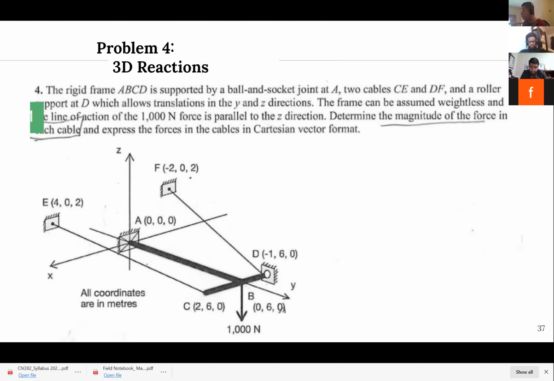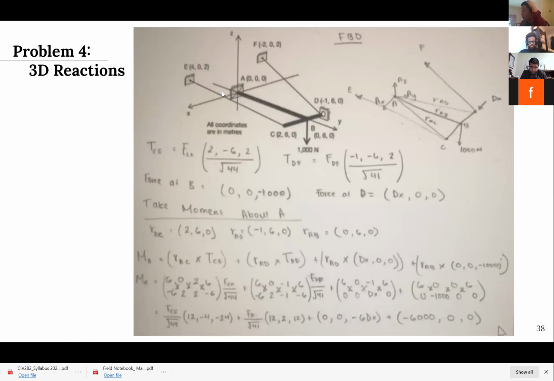So yeah, and I'll go to the next slide and then you'll see. I actually directly copy pasted my solutions because I did get perfect. I got 0.5 off, but I'll tell you guys why I got 0.5 off. So if you look at the FBD on the top right corner, you can see that at point A,